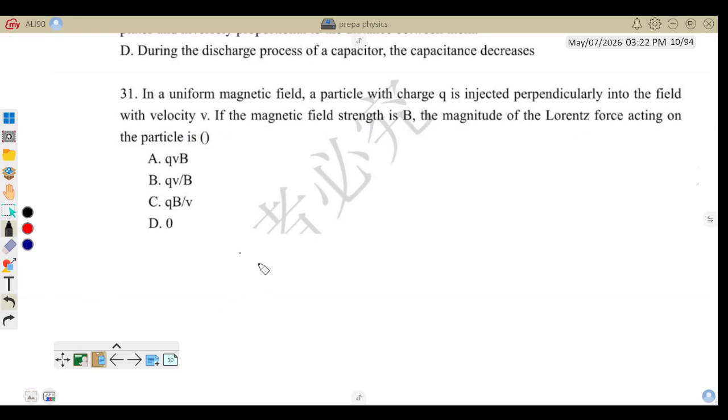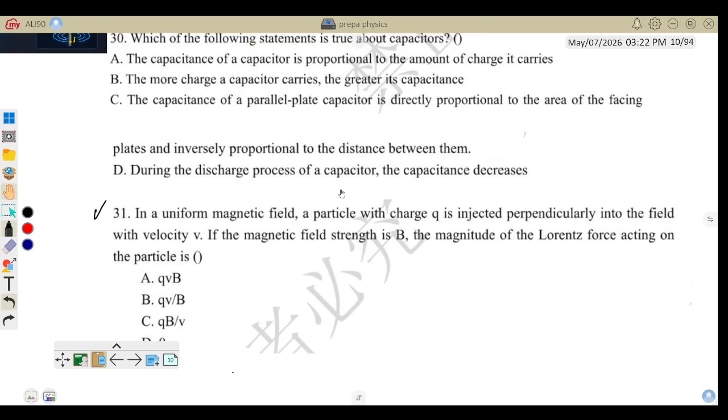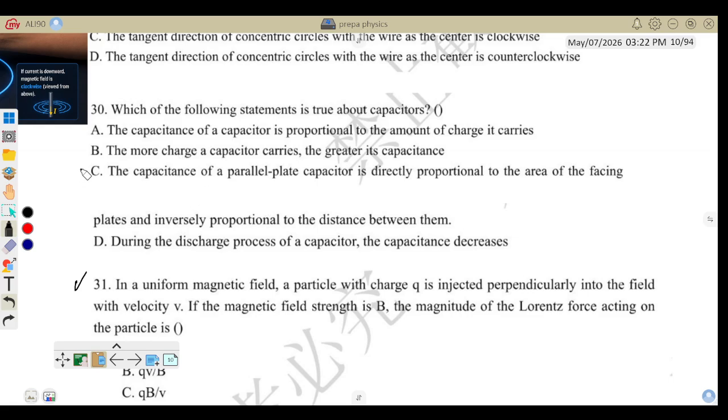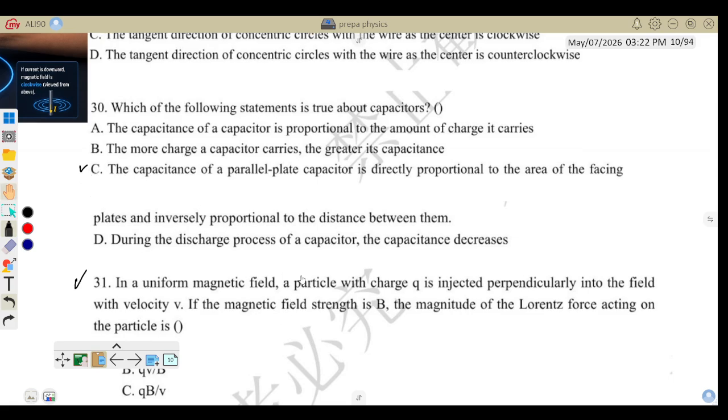So we're going to continue on this CSCA exam. We are at question 31. The last question we talked about in the last video was 30. It was to see the correct answer. So